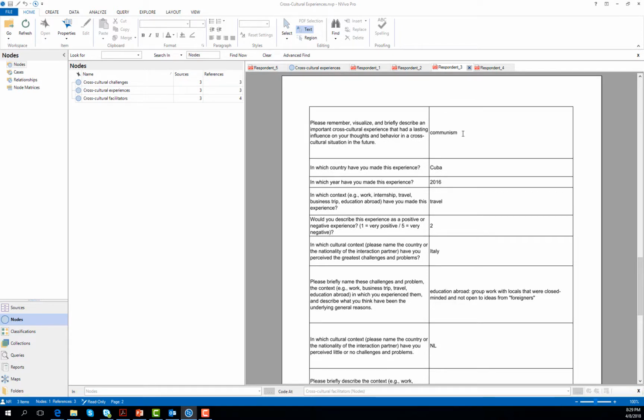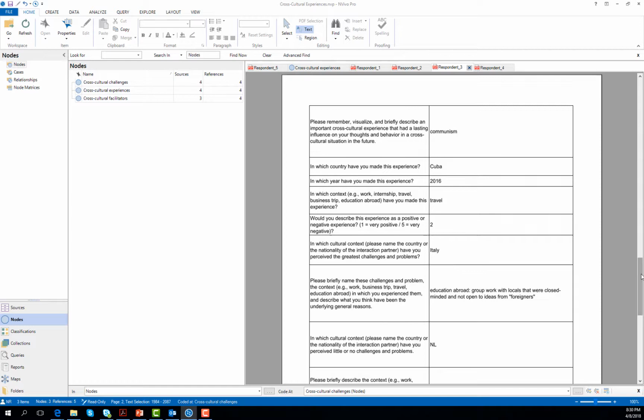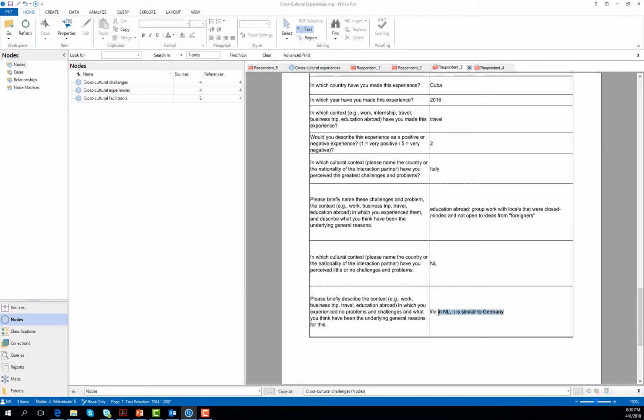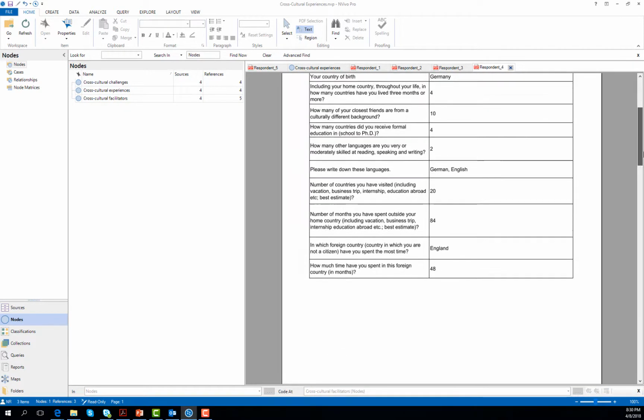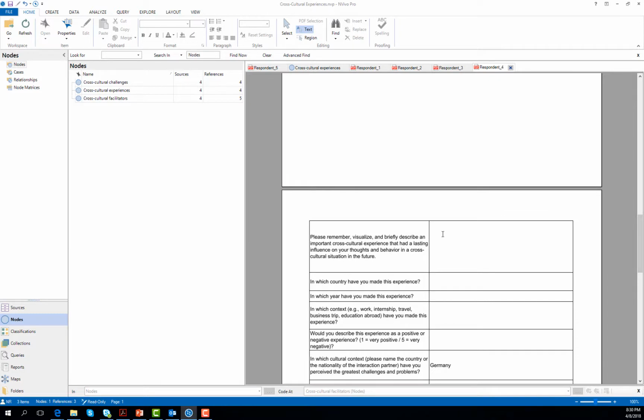We will see that communism was kind of an important cross-cultural experience. We see that there were some closed-minded people in education abroad as a cross-cultural challenge. And we can see that this respondent had the perception that life in the Netherlands is similar to Germany, which made it easy for him, a cross-cultural facilitator. And finally, respondent 4 had no mention of cross-cultural experiences,